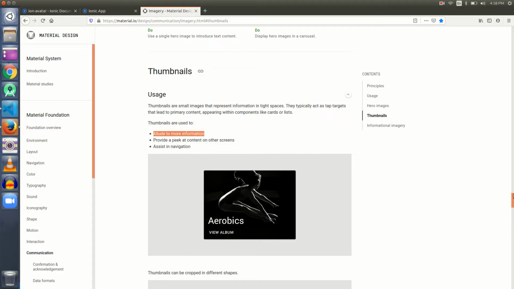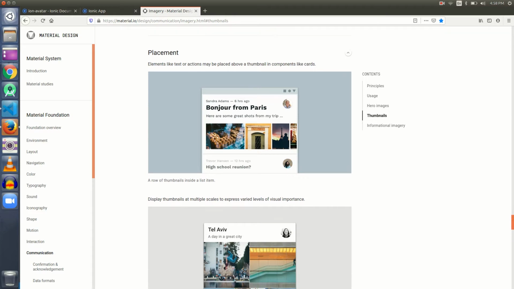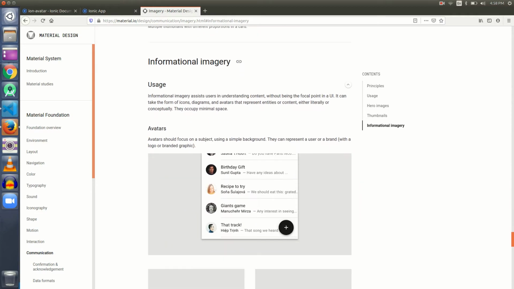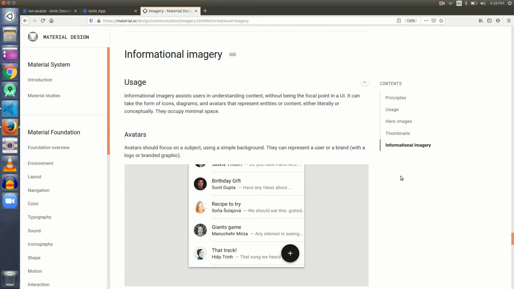And there is one more thing, see, avatars. Avatars should focus on a subject using a simple background. They can represent a user or a brand. So guys, this thing is very important. The avatars can represent a user or a brand with a logo or branded graphic.